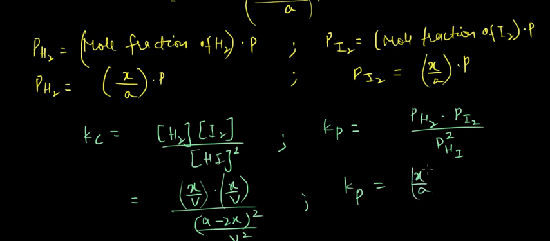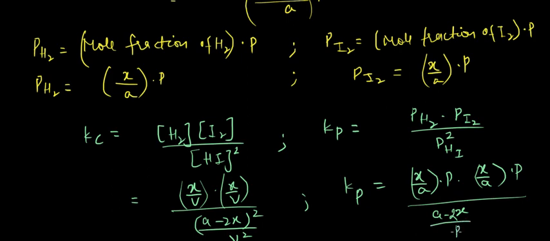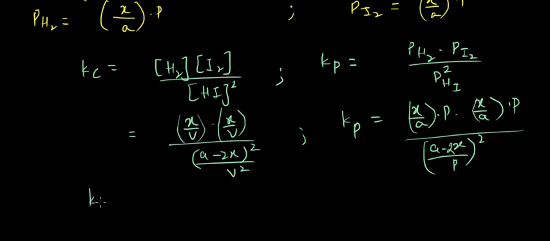Similarly for Kp we can write that partial pressure of H2 at equilibrium would be x by A into P. For I2 it would be again x by A into P. For HI it would be (A minus 2x) upon A into P, squared. So from here I can write Kc would be equal to, V squared from numerator and denominator get cancelled, we would be getting x squared upon (A minus 2x) squared as Kc, and Kp would be again the same term,